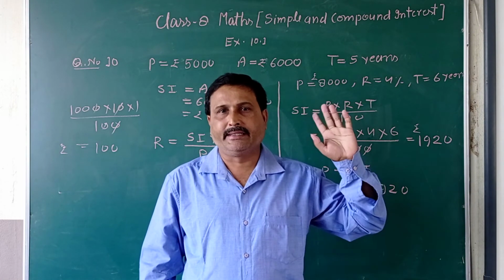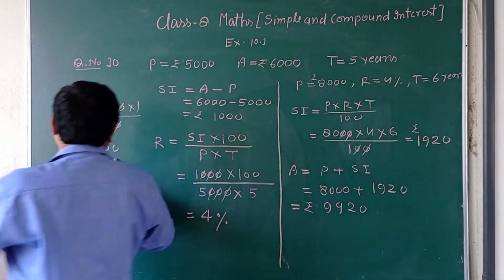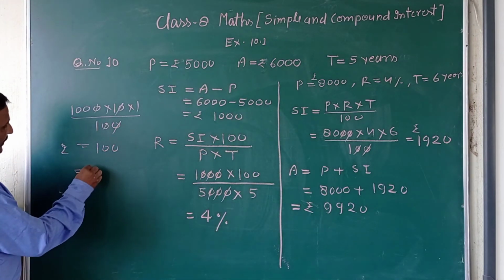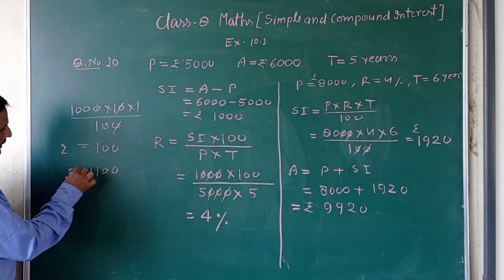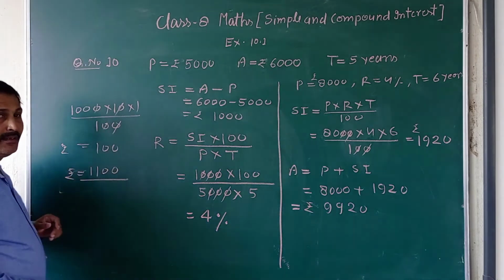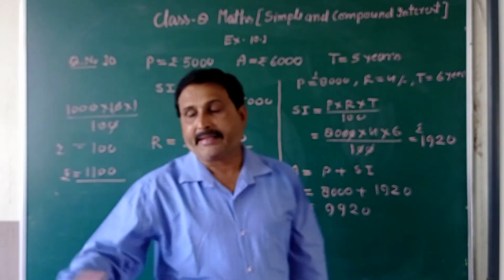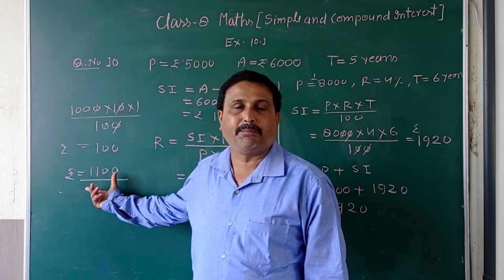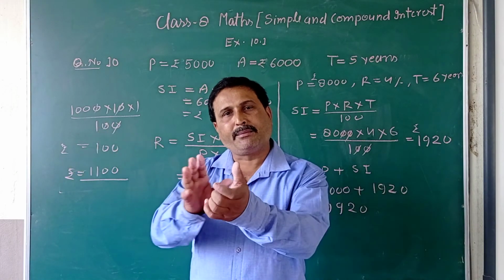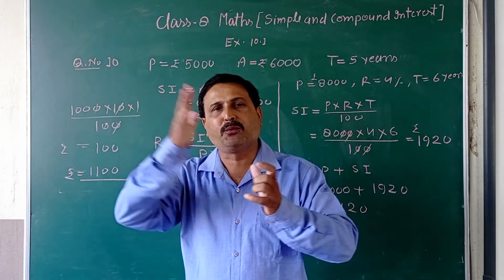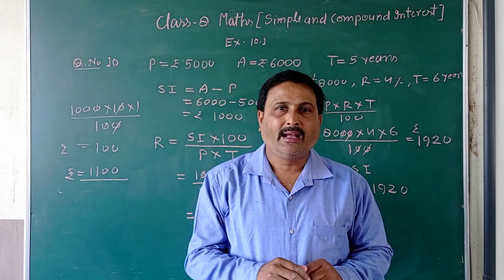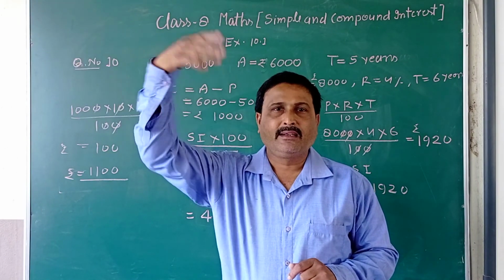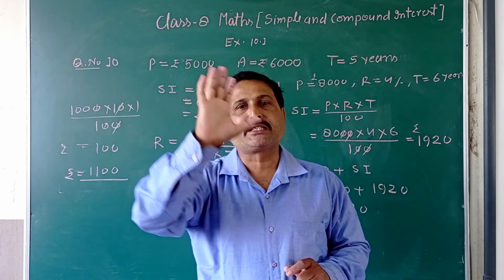But for the second year, see that your amount becomes 1,100 rupees. This is your amount, and for the next year that becomes your principal. Whatever interest is coming, you have to add to your principal. That will be the amount, and for the coming year that will be the principal for you.